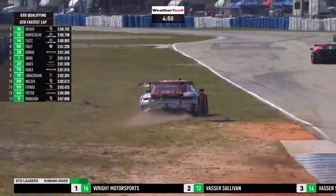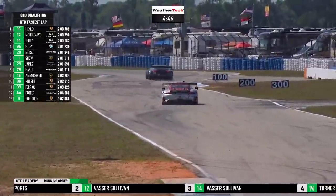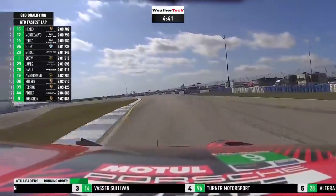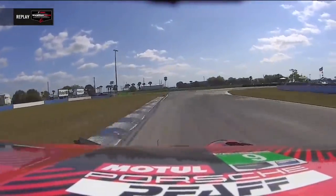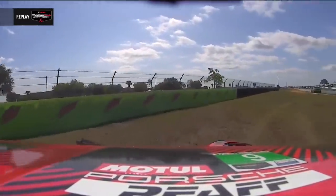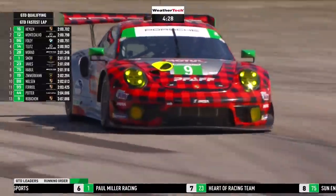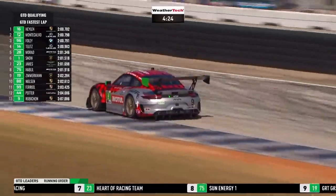Wow, off the road again at turn 13. Same place for Robichon, same car, same corner. Not quite the same outcome, as he didn't go quite as far off. Is it the old adage of push as hard as you... Well, it's almost exactly the same accident, except he got it pulled up a bit shorter. He did almost get all the way back to the fence and followed his own tyre tracks on the grass,